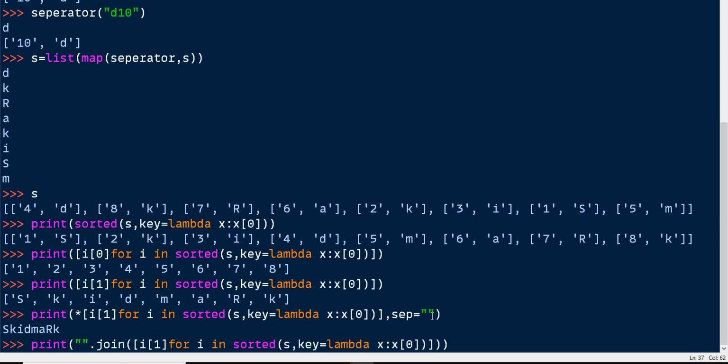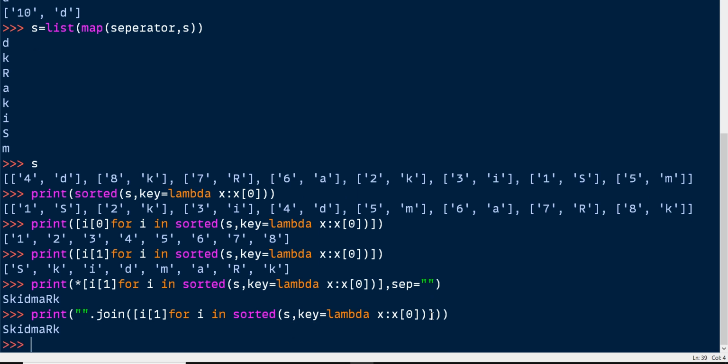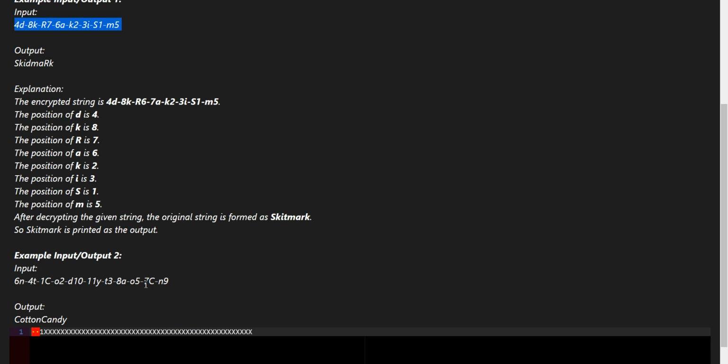There is no difference between the output or time complexity or even the number of characters, so you can stick with what you want. We got the proper output. Let's check for this cotton candy also.